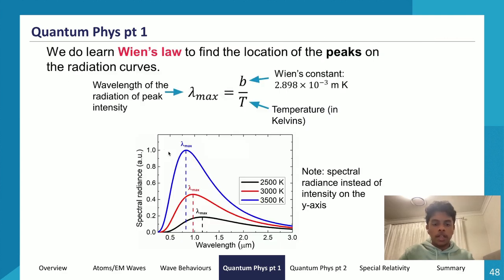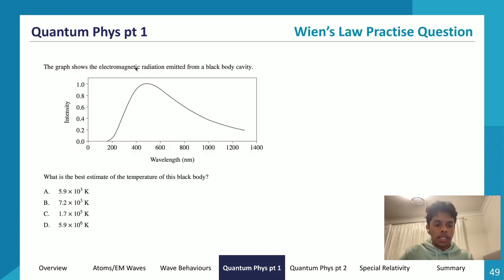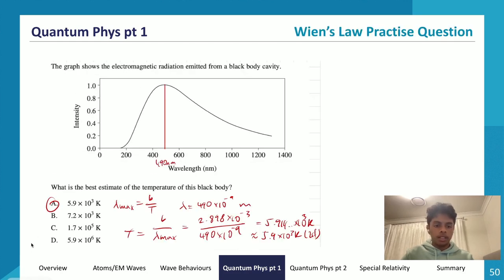So what we do is we first find the wavelength of maximum intensity. What is the wavelength of maximum intensity? It occurs somewhere around here, right? So we have the maximum intensity, we can now trace it downwards to where it is within the graph, and we'll find that wavelength emitted at maximum intensity, and we'll use Wien's law to calculate the temperature, just like how I did earlier. So it would look something like this. So what is the wavelength of maximum intensity? It is 490 nanometers, give or take a few nanometers, but approximately 490.